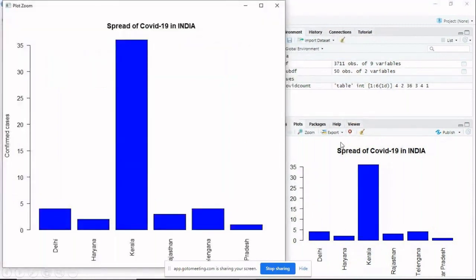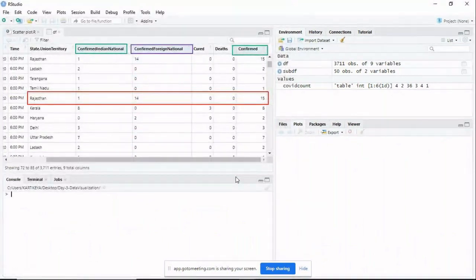So if I want to see this plot in a separate window, you can click on the zoom icon and we are able to see that. Now look at this main data set, that is the COVID-19 data set. Once again, carefully observe. We are showing here three columns.